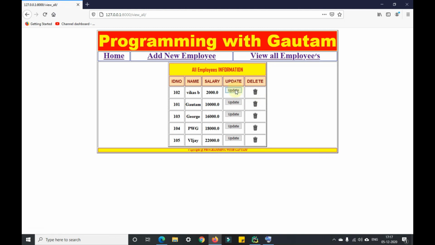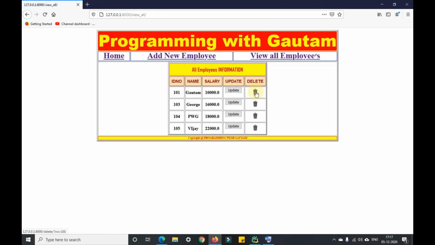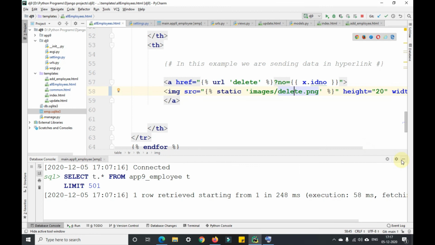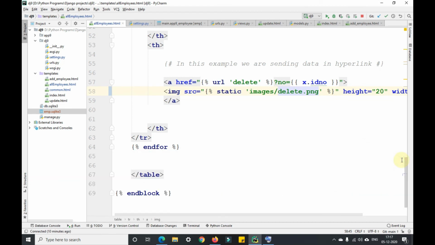When I go to update, I'm not able to see any hyperlink here. As you can see on this particular page, when I go on update, I'm not able to see anything, whereas when I go on delete, you're able to see some URL shown there. So when I click on delete, it will just go to that particular URL, delete that record, and redirect me to this particular page only. Okay, so this is how we enter the data in the database, take the data from the database, edit it, and delete it, guys.